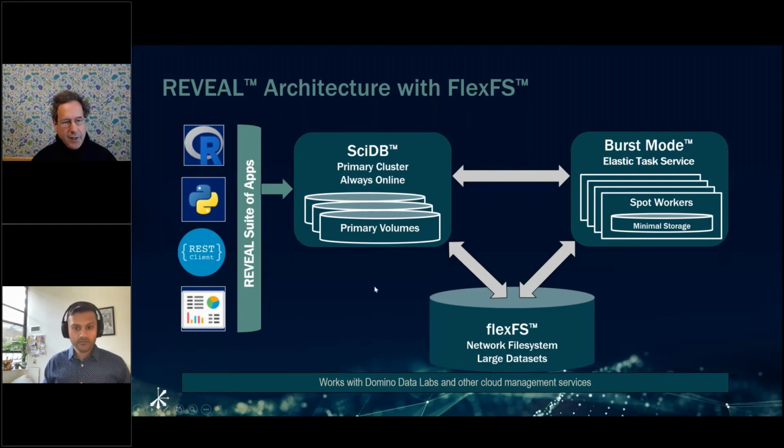And the basic idea that Paradigm 4 is going after, because we're really redefining some of the basic ideas in high performance computing, is captured in this slide. So we have this Reveal suite of apps that feed into SciDB as the primary cluster, where the data is highly organized and serves to enable you to do large elastic compute analyses using this burst mode capability. We have extensive examples in the area of genomics, but we're happy to talk to you about doing this and setting up POCs in